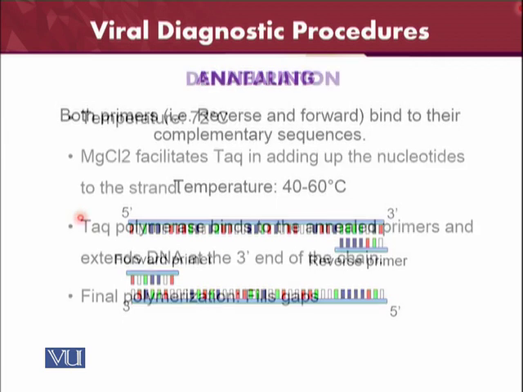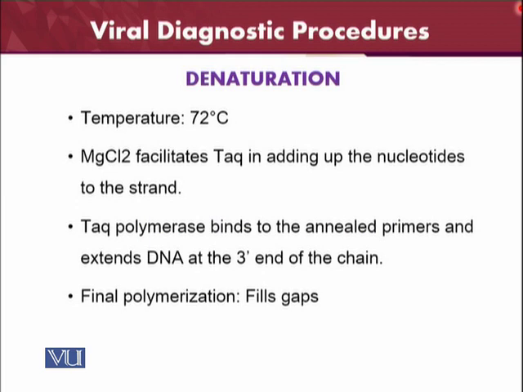Then the extension. Temperature is 72 degrees centigrade, and the magnesium chloride facilitates the Taq polymerase in adding up the nucleotides to the strand. Taq polymerases bind to the annealed primers and extend the DNA at the 3 end of the chain, and final polymerization happens, and then the gaps are filled with the primers on both sides and the nucleotides already present in the reaction. The polymerase enzyme is present in the reaction, which also has the proofreading ability, and magnesium chloride will help facilitate